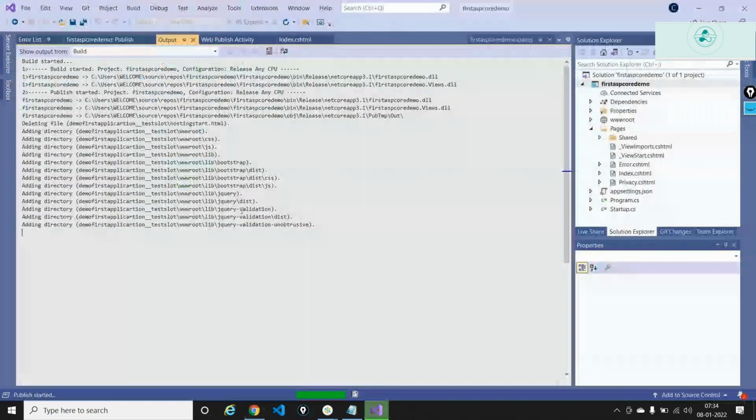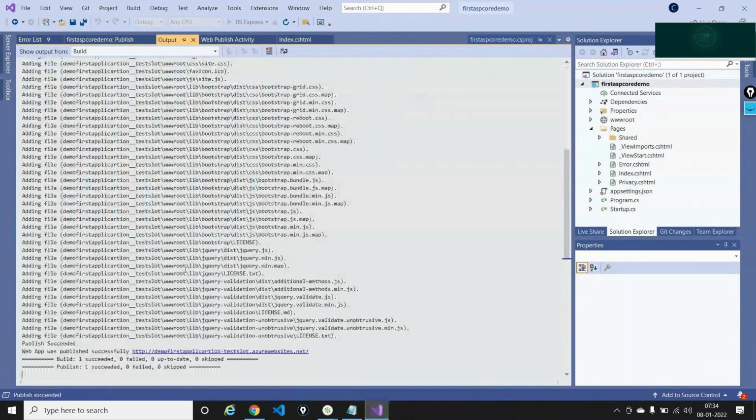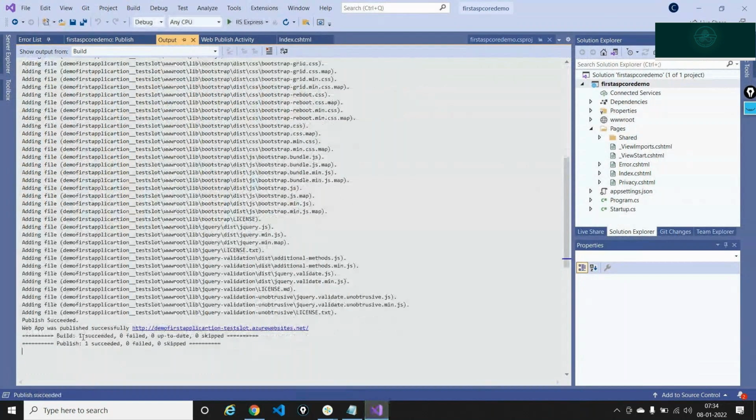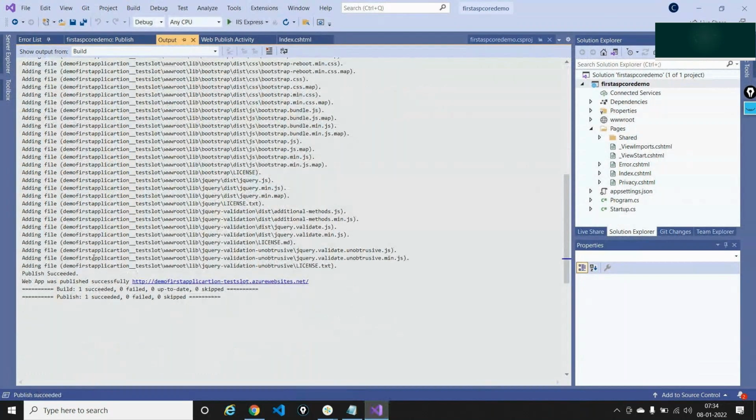Great. So let's go back into our Visual Studio. This will take like a minute or so. So let's allow this a minute and let's go ahead and release our code into the testing slot out here. So finally it says that the publish succeeded, and it says okay, fine, I'll restart the application. So let's allow it a minute to restart the application and let's understand this a bit technically.